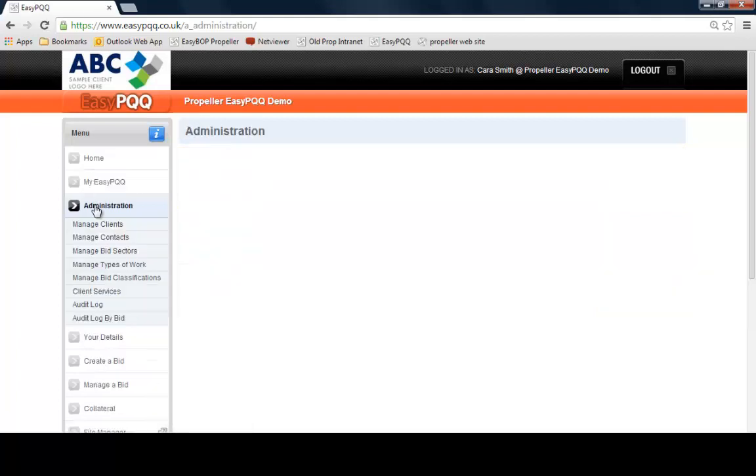Administration. Administration in EasyPQQ is basically the settings. So set up for any customization you would like in terms of your sectors that you work in, the types of work you work in, and your bid classifications. Also in here we've got the area where you manage clients, and this is where you would set up your client logo when you're working on a bid, so that that logo, depending on the setup of your styling and branding in EasyPQQ, the client logo can automatically appear on all the pages and on the covers and dividers of your submission if required. So if I click Manage Clients,